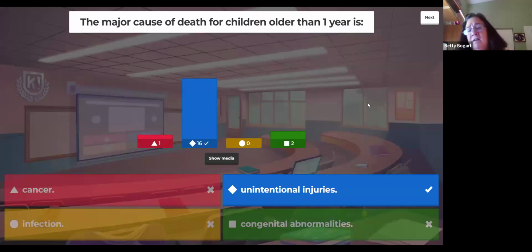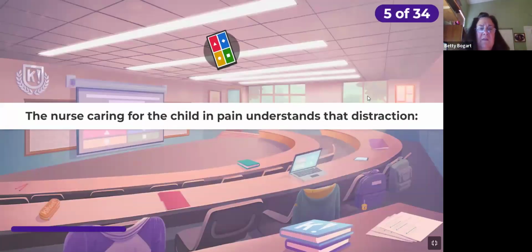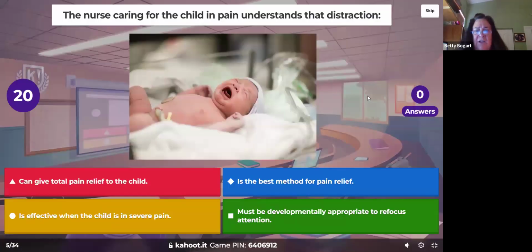So yes, it's unintentional injuries, whatever that may be, okay? So children older than 1, we are protecting them. Remember, they're autonomous. We need to protect them, but we need to let them explore also, okay? It's that fine balance there. The nurse caring for the child in pain understands that distraction